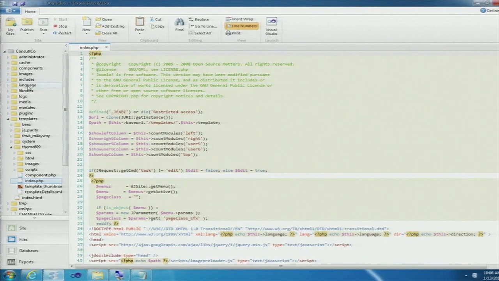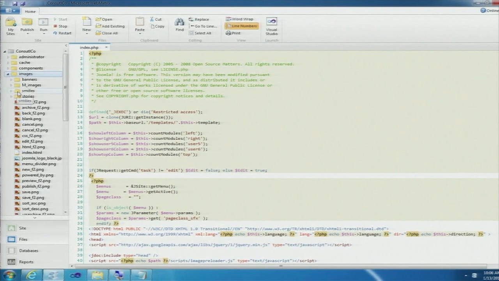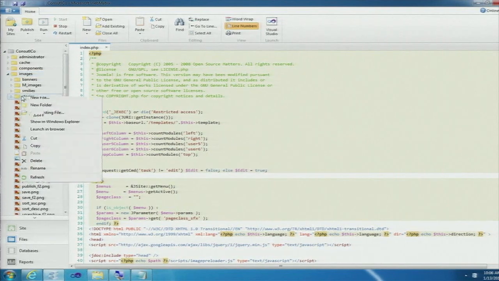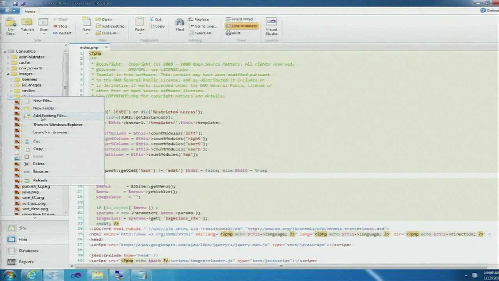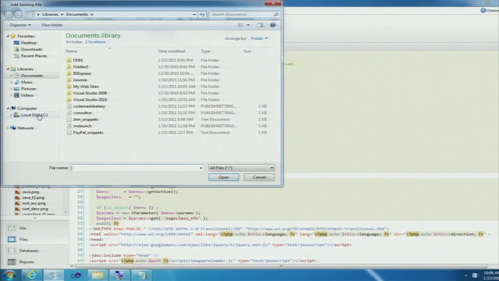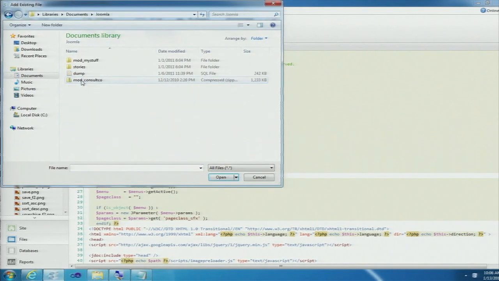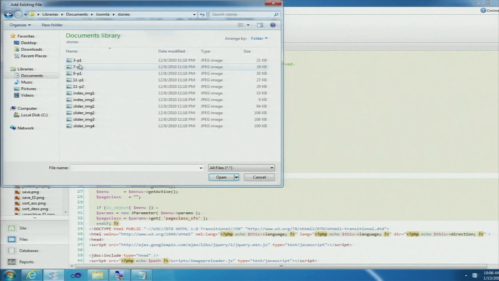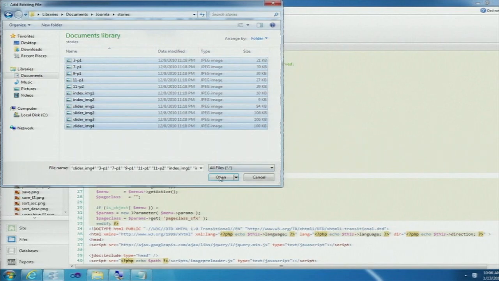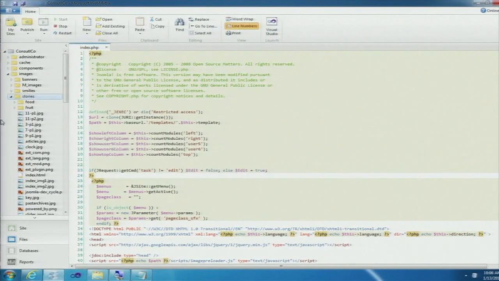We can also go ahead and just mass import images through Web Matrix directly into the Joomla install. So I'll go into our images directory here. And then stories is one of the default places where Joomla stores its images. I can choose this add existing files. And from right here, I can dive locally into my computer. Let's say, oh, look at that. That's nice. Got a bunch of photos ready to go. Select those, open them, and voila. All those have now moved themselves all the way over into our new site.